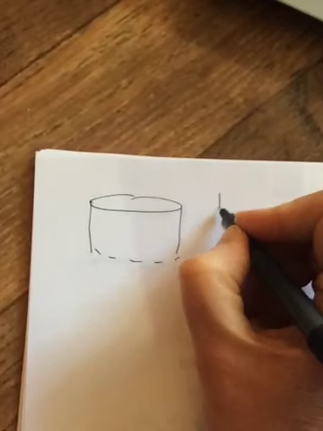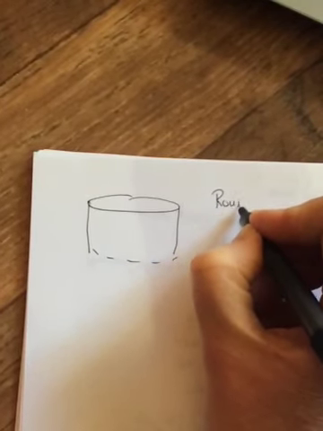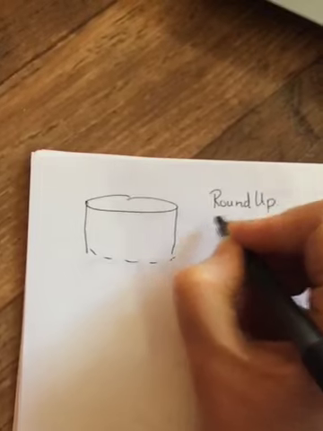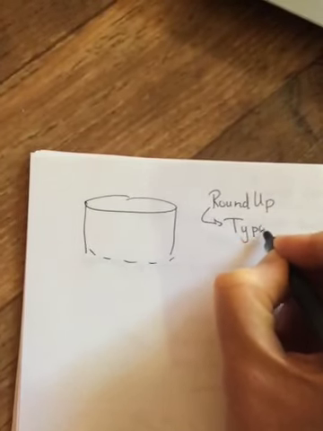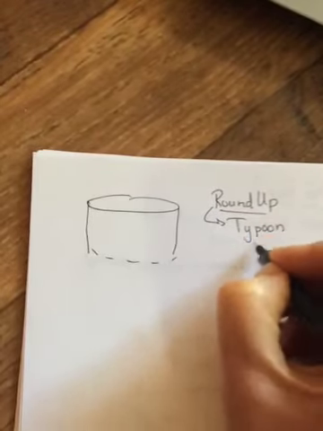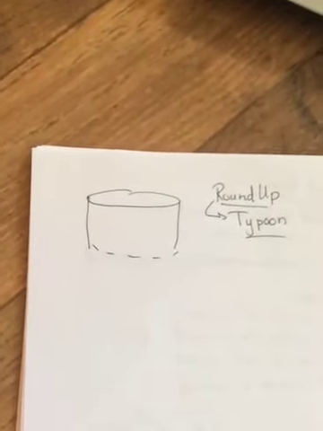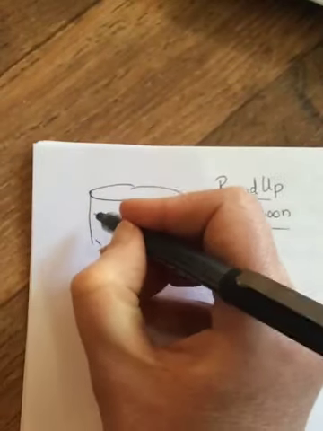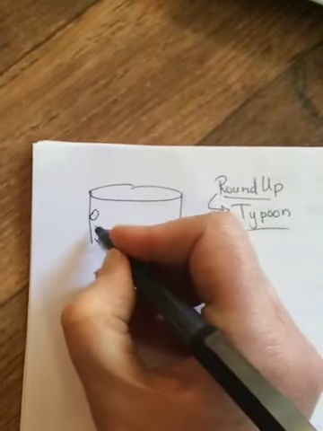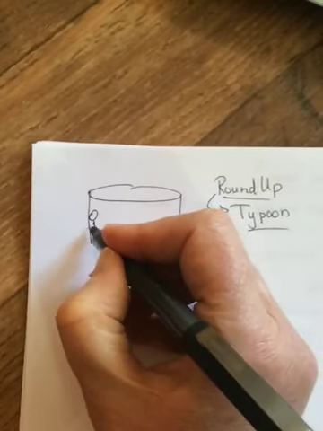Another ride that's one of my all-time favorites, it's called the Roundup, and it reminds people who go to the fair of the Gravitron. And I think really its name is the Typhoon. So depending on where you are, Six Flags I think calls it the Roundup, and then places in Florida call it the Typhoon. So what you do is it's a big cylinder, and you go in and you stand with your back against the wall,